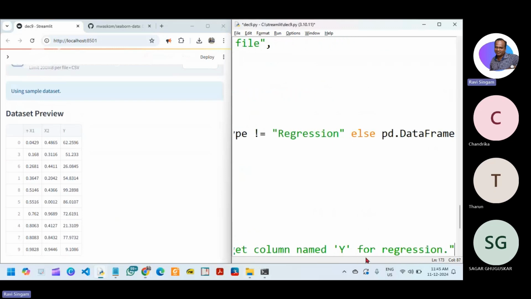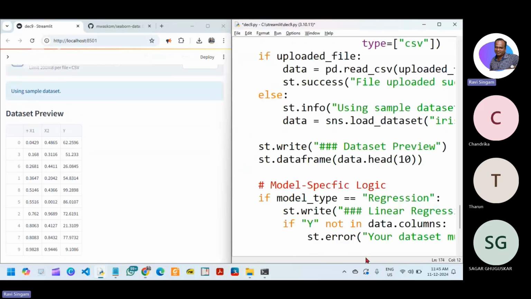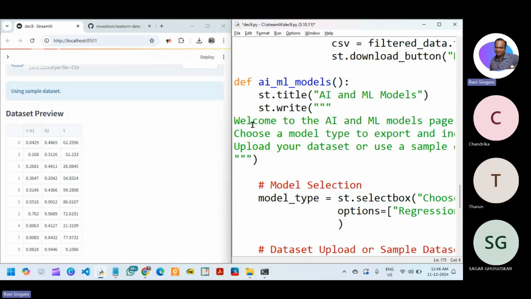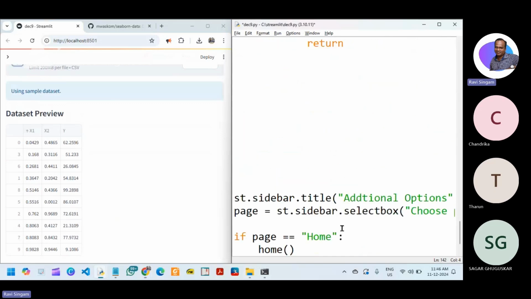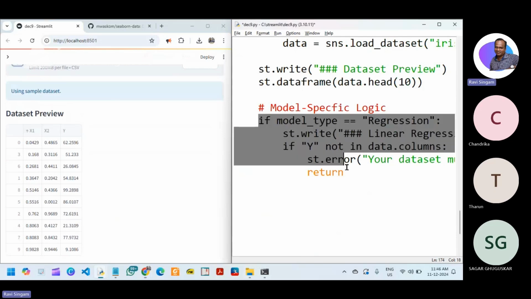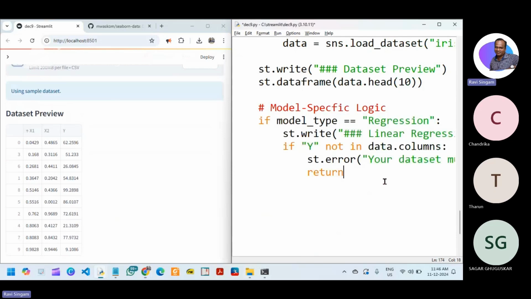Otherwise there is no point in running this analysis. So we return it. Return means it will end the function. This function ends with return. So that's what exactly we do. Okay, return it. And otherwise, if the model is regression,